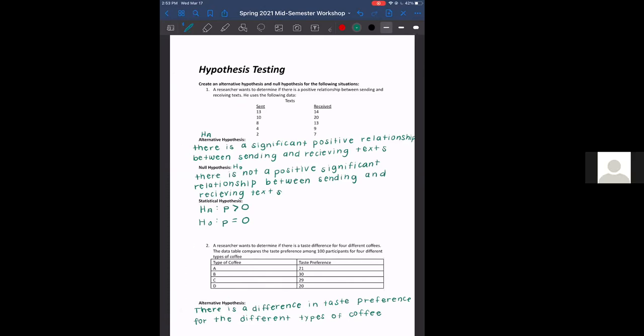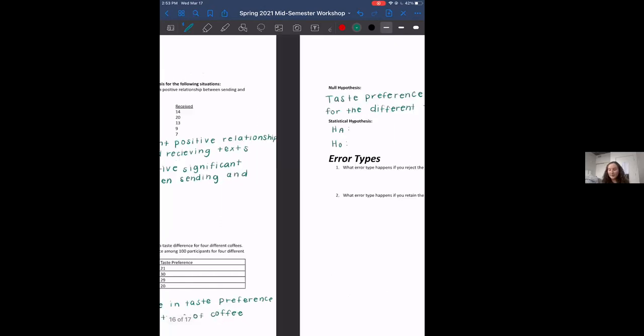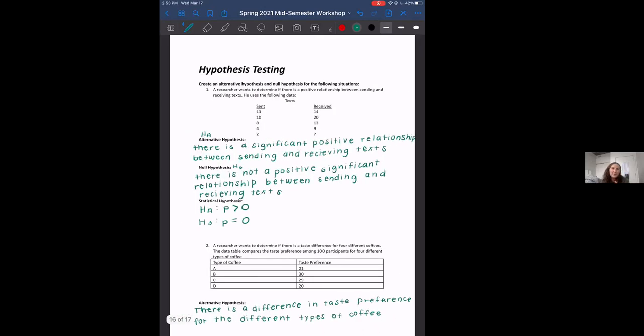Would it just be like not equal to 0 since it doesn't specify whether it should be positive or negative? Yes, so you're very close. So this one's a little bit more confusing. It's a little bit more than the last one. So it is going to be not equal to, but for this, we're going to put